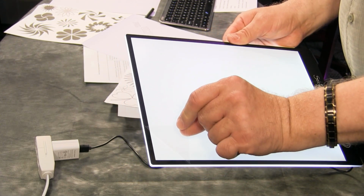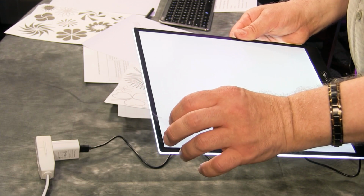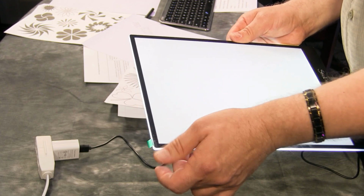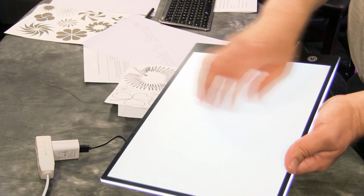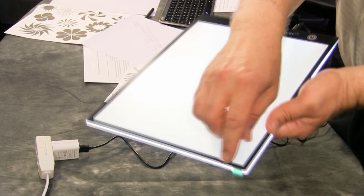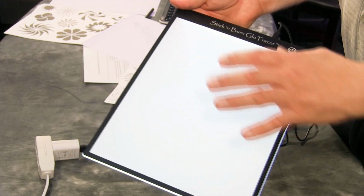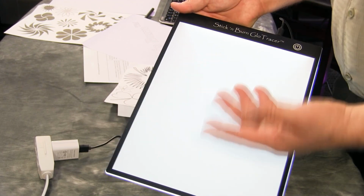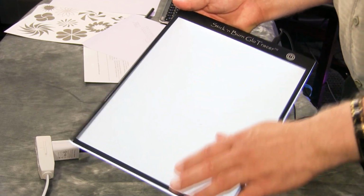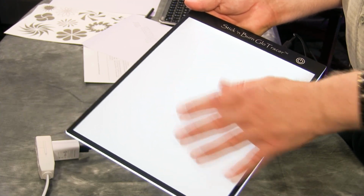There is a plastic coating on here. You can remove it, or you can leave it in place. It does not affect how it works. So if you leave it in place, you have a surface that if you scratch it up a little bit, no big deal. You ever want a refresh surface, you just rip the plastic off and you got a clean surface. That's put there when they manufacture it so it doesn't get scratched when it's going through the machinery and all the rest of it. But you can see it's not scratched at all, and it is a nice protection for the surface of the